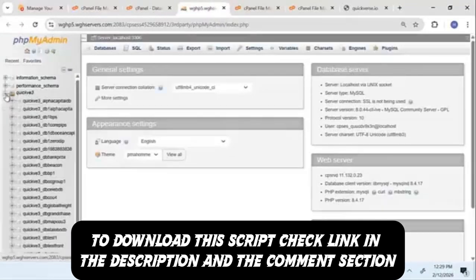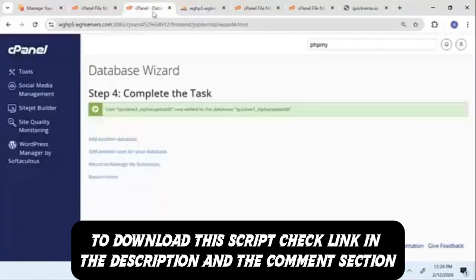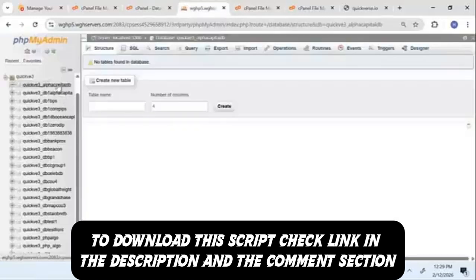So we'll come in. I have a lot of files here already, so I'm just going to look for the one I just created right now, which is this, I guess. So Alpha Capital, as you can see, this is it. Look at this name, this is it. So Alpha Capital, we'll come in, we'll click on import and